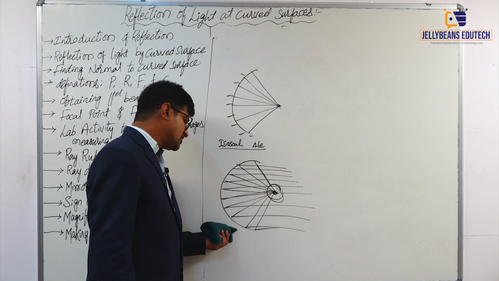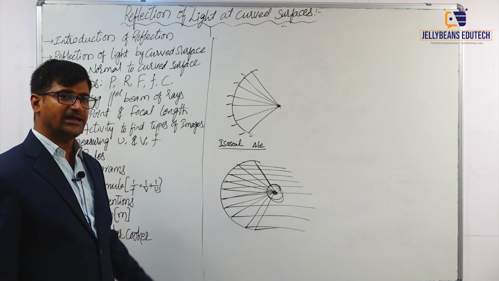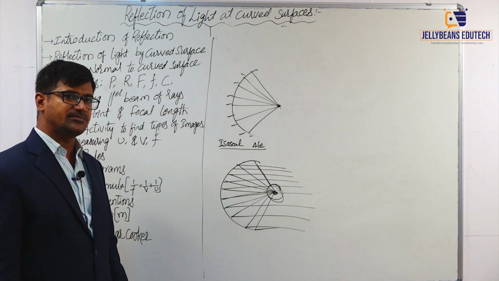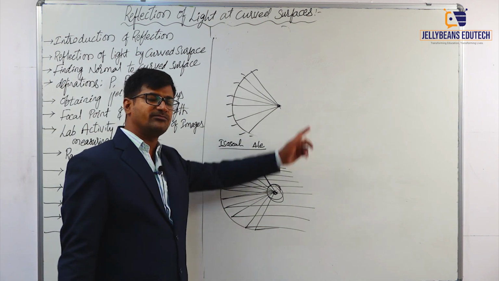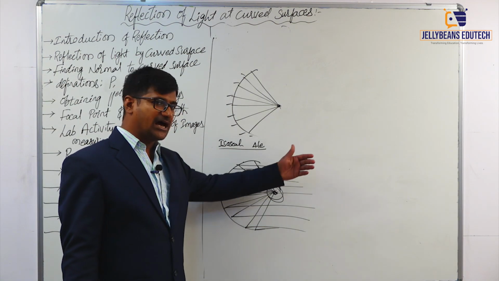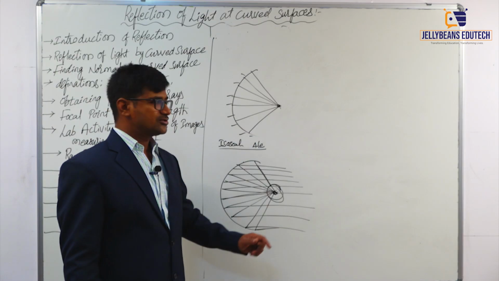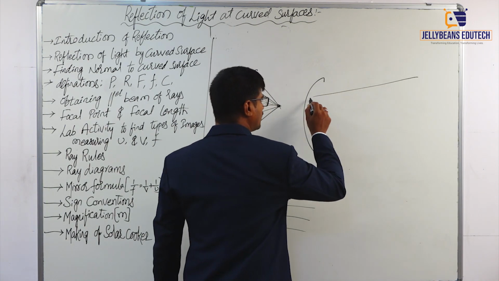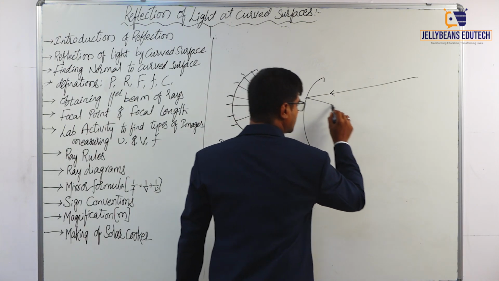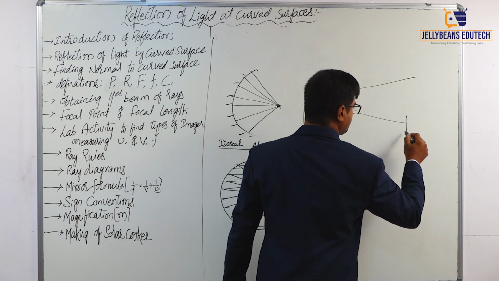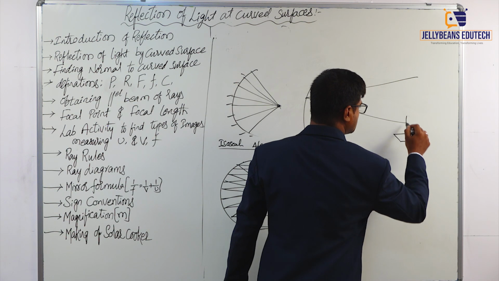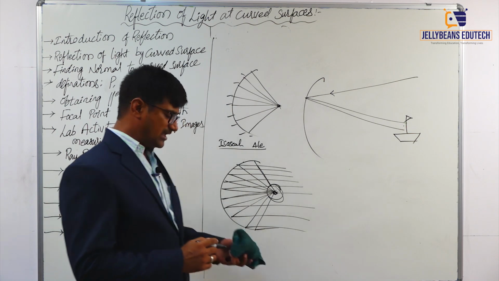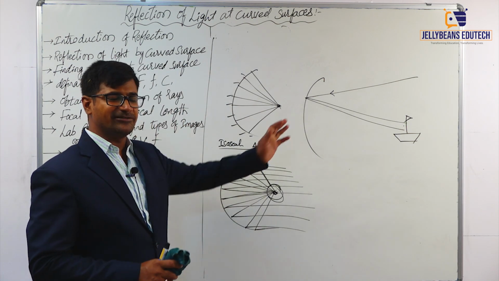Actually this technology was invented in the earlier days by a scientist called Archimedes. He used a big concave mirror to burn the ships which were coming to attack his kingdom. With the help of sunlight falling on this concave mirror, he would project the light rays on the enemy ship like this. So in this way he burned the ships when they were far away from his kingdom.